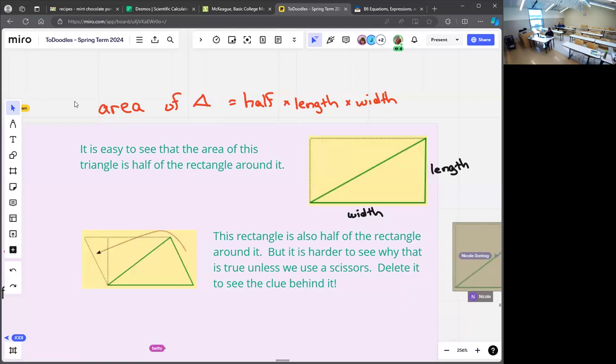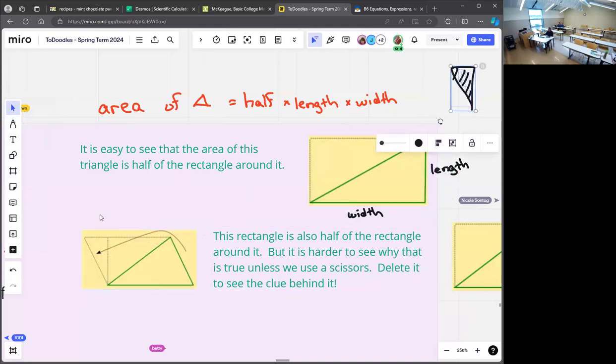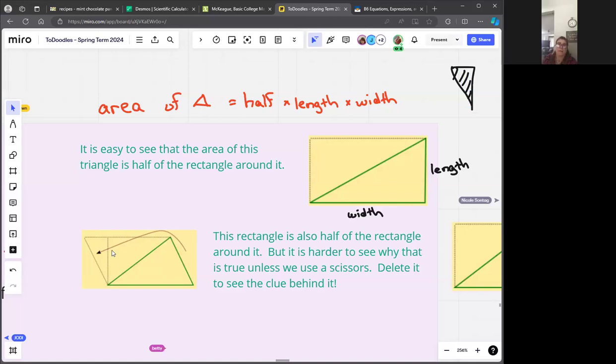Oh, okay, so what I did as the hint is I took the piece of the original rectangle that used to be right here, and then I slid it over here. Does that make sense? I took a scissors and chopped off this little bit and moved it over there. And once I did that, does it look like the rectangle is now half again? Yes,